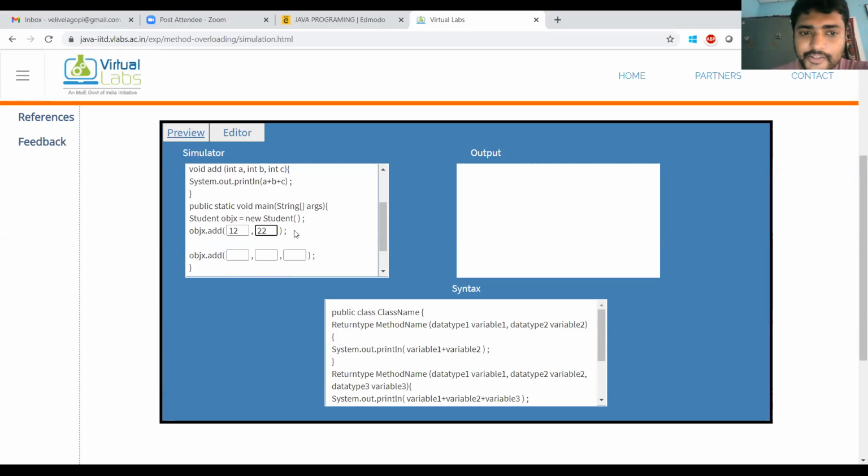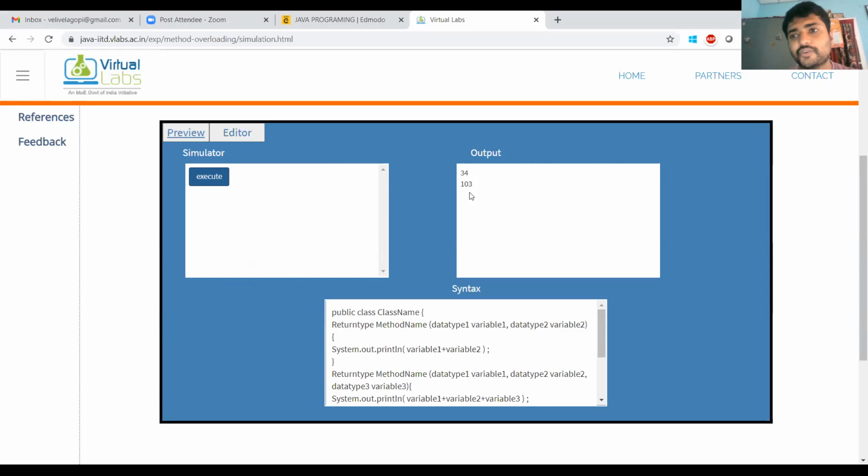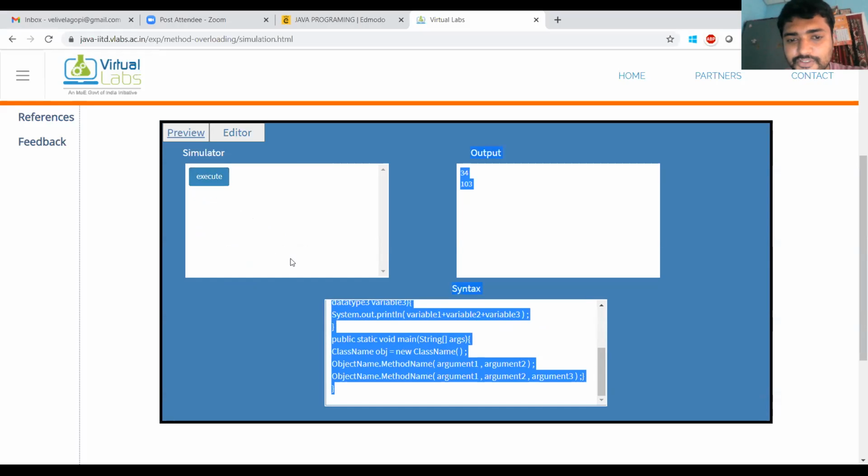In one situation I have given two parameters, and in the second scenario I have given three parameters. So this is the code. Execute. So 34 and 108, 103. The method name is same here, but the parameter list is different. So this is how you can implement it. Check the program.